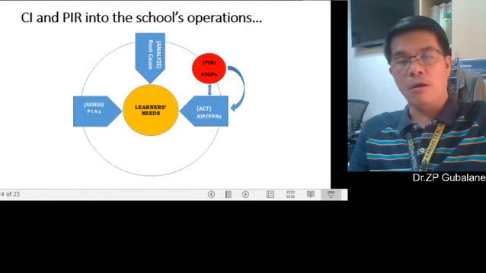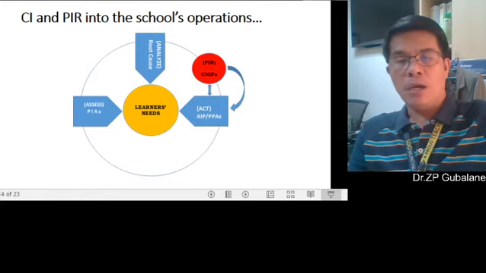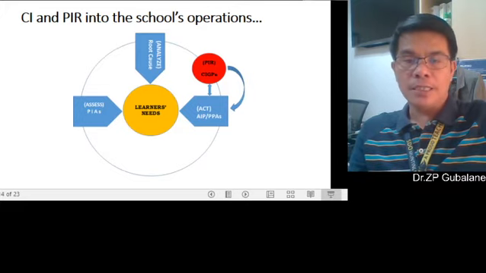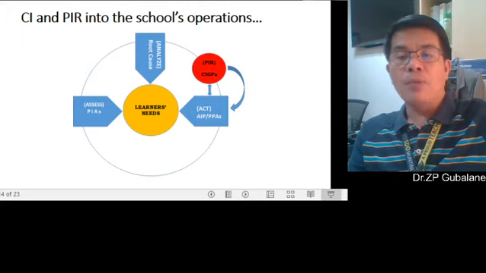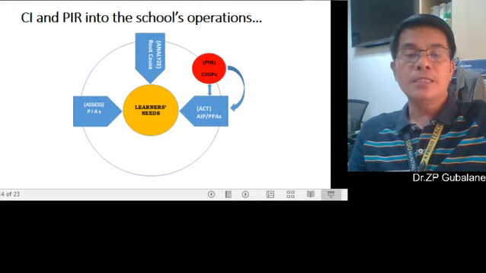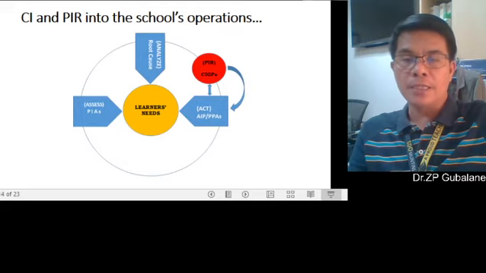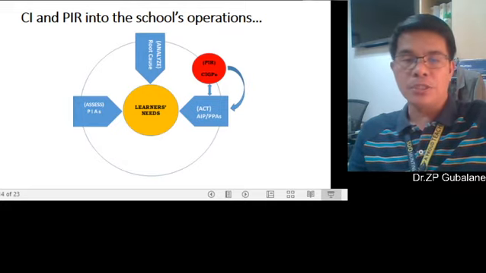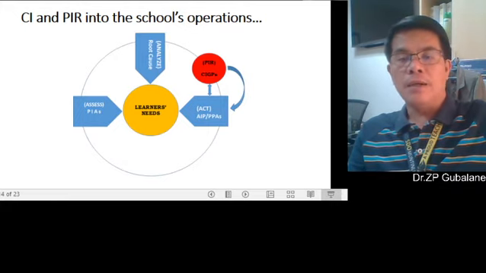It is because of our learners. No? The needs of our learners dictate our programs, projects, and activities. Okay, the needs of our learners dictate what are the best solutions for us to address